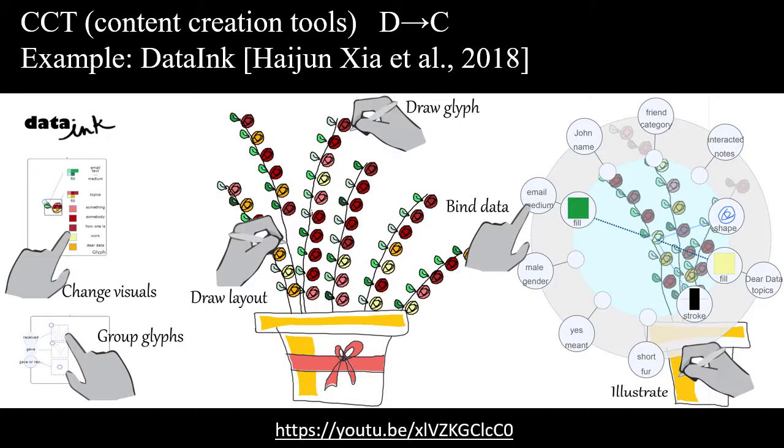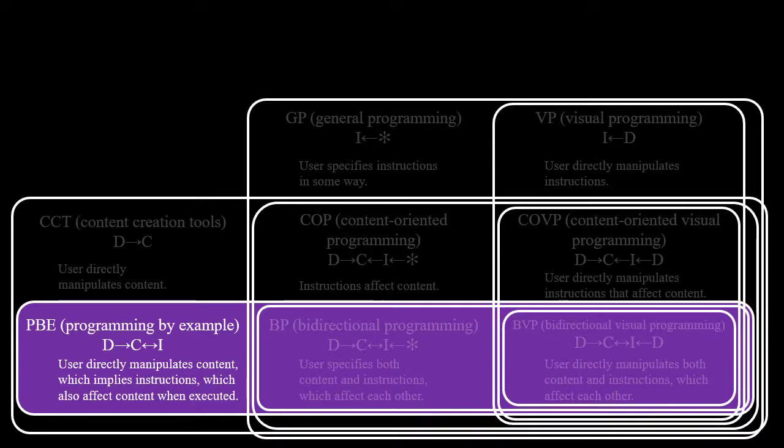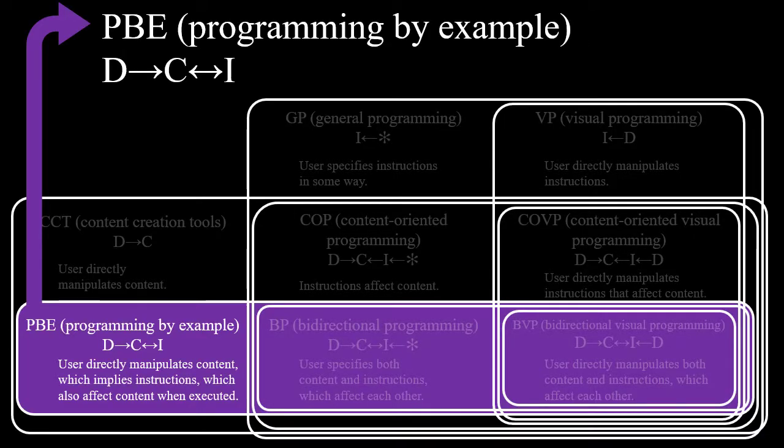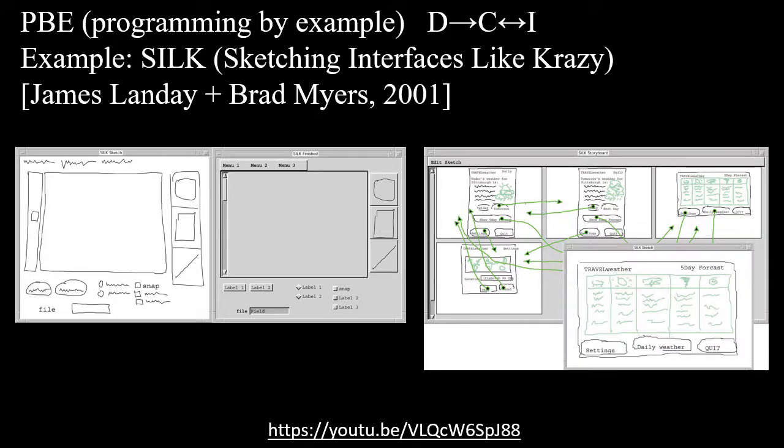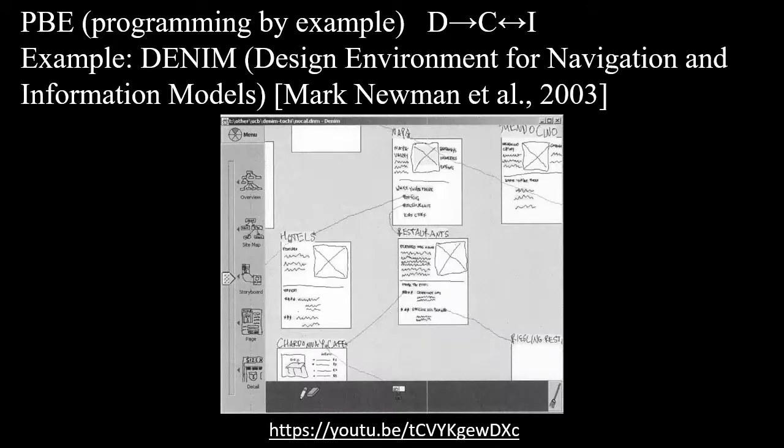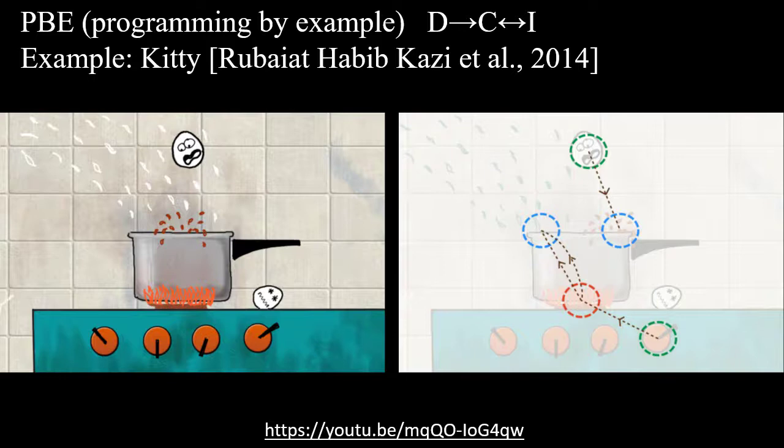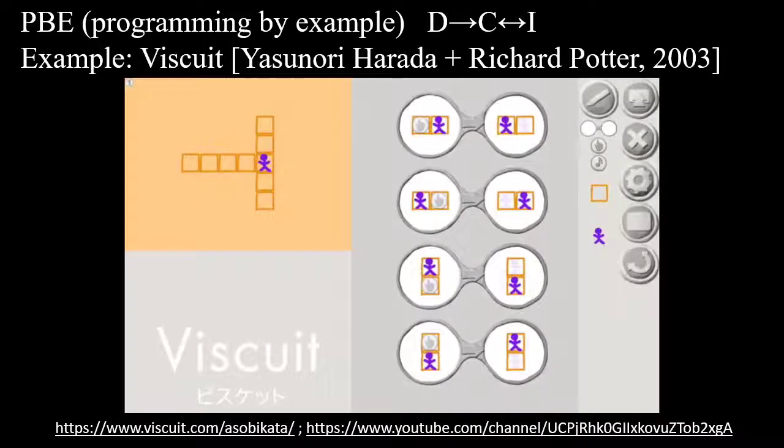and this is a system for sketching visualizations of data. The next category is called PBE, for programming by example. The idea is that the programmer directly manipulates content, which causes instructions to be implied. When those instructions are executed, they themselves have an effect on the content. The slides here show several examples for sketching user interfaces and websites, interactive animations, interactive games with rewrite rules, and